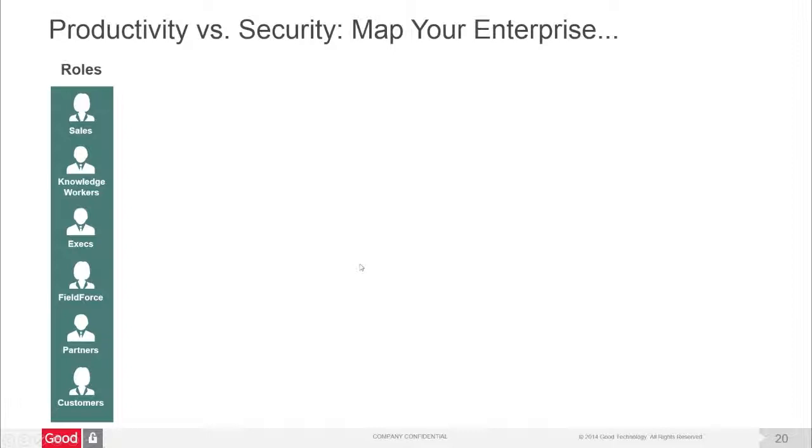So as we come in and conduct workshops to help organizations prioritize and strategize, this is usually the method that we undertake. Number one, we have them go through an exercise where they prioritize the roles for mobilization, right? And as I mentioned before, sales often comes up as that top role that needs to be mobilized. But you also get knowledge workers, right? I think Brian touched on that in a Cisco survey,